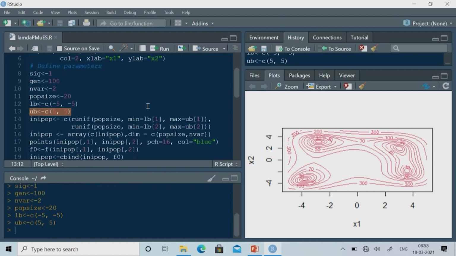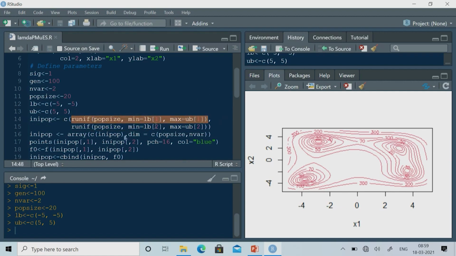Now what I have to do? I have to generate the initial population. For generating the initial population, I have used the runif function. This is actually generating a random number between the upper bound and lower bound. I have defined min and max: min is the lower bound and max is the upper bound. So, this particular line will generate